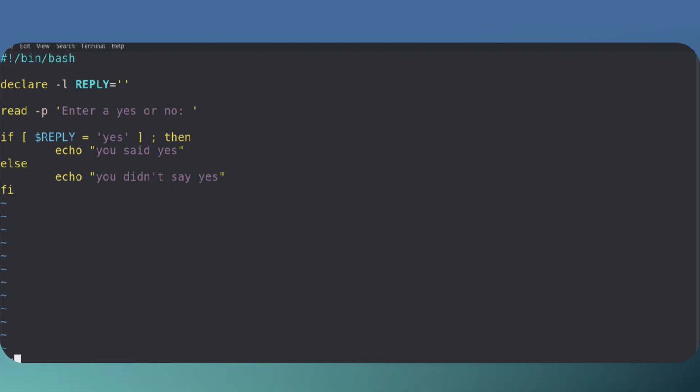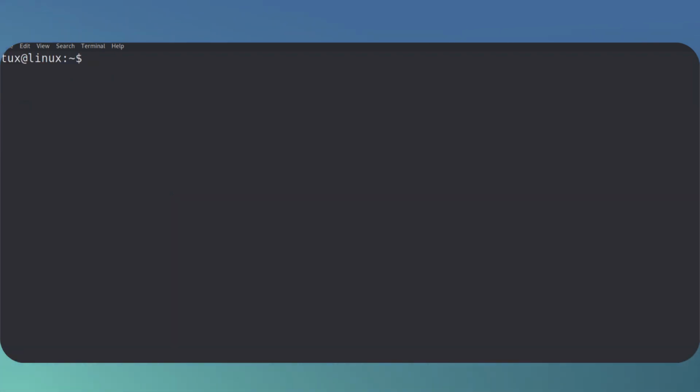So let's make sure we save our changes. I can clear my screen with Control and L, and we just need to make sure that our script is executable. So we can go through then and put, let's say, u plus x, then we use escape and dot to bring up our last argument. Now our script is executable. We can run it from our current directory, so ./myscript. We can enter yes or no.